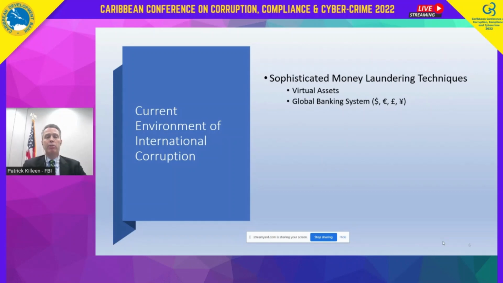Sophisticated money laundering also exploits global banking systems. And what does that mean? Well, that means basically currencies beyond just one currency. I use the examples here of the dollar, the euro, the British pound sterling, and even the Japanese yen. What that really does is create the ability for these money launderers to receive money in one currency and convert it to another currency in order to complete a bribe, complete